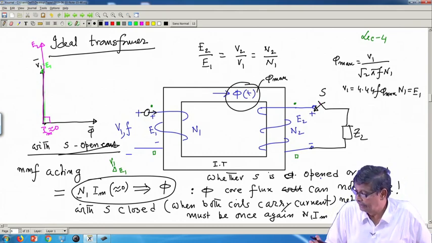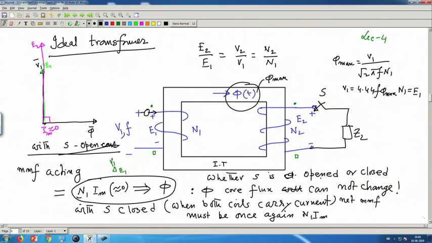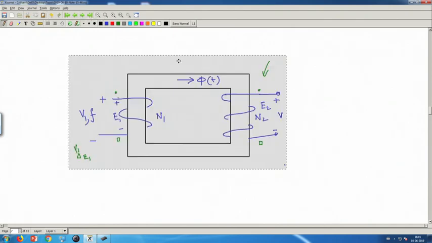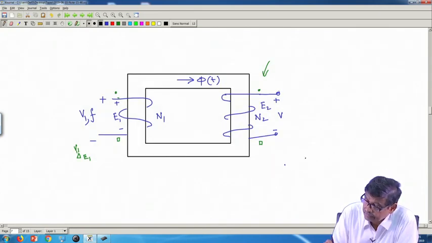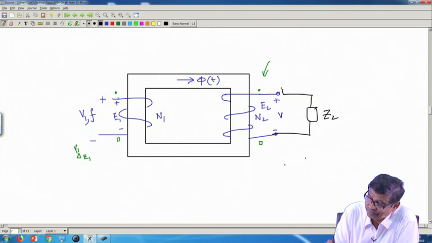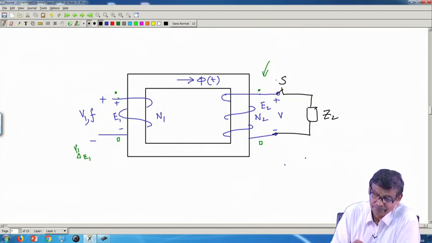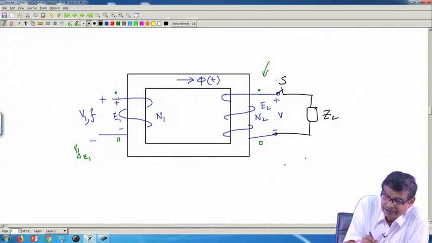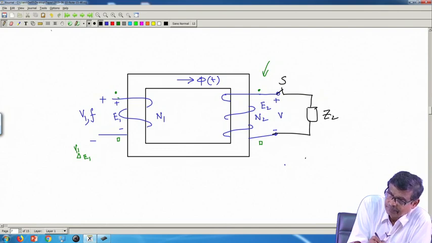Okay. So, let us see what I mean by this. This is the most interesting part of it. So, here what I am telling, we are now discussing this thing Z2. This is my S. And instead of telling that Im is 0, I will tell let magnetizing current be very small, finite. So, initially N1 into Im